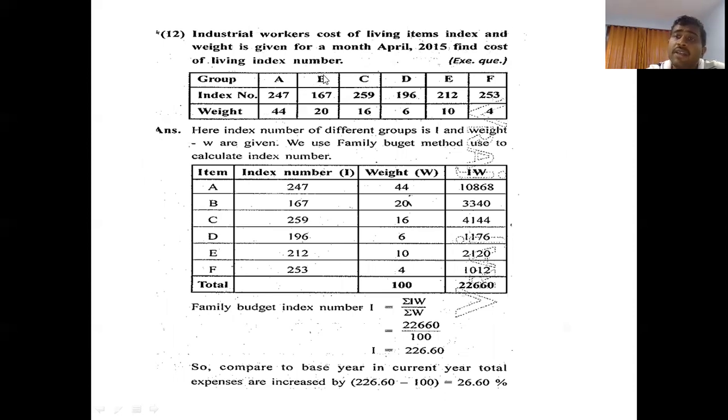So friend, cost of living index number can be done by two methods. Remember, one is the total expenditure method, that can be done by Laspeyres as well as Paasche, depending upon the information. Plus we can do it by the family budget method. So by seeing the sum, we have to decide by which method we have to go. W is given to you, so we don't have any option. We have to go for the family budget method. So you can see I is given to us, W is given to us, just multiply IW, get into the formula, right? Very easy. Percentage increase 26.6.